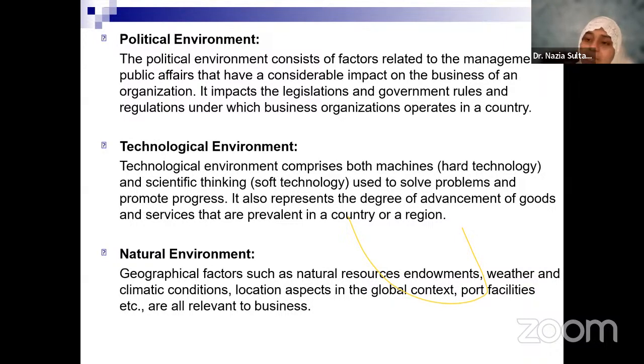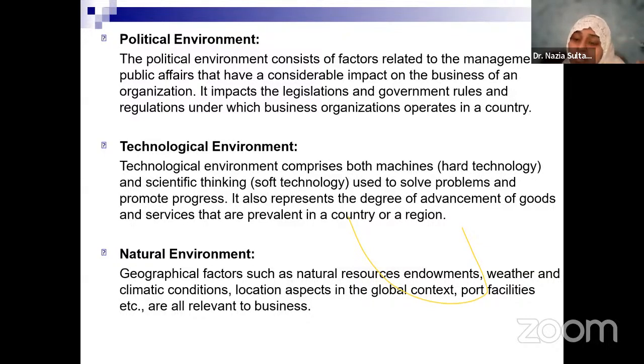So unless businesses embrace the kind of technological improvements which happen, it will become very difficult for them to sell goods and services which are there in the market. So the entire technological environment very rapidly is impacting the way businesses are being done. Earlier shopping used to be an experience, but today shopping is just at a click. Watching a movie used to be an experience earlier. Today, with OTT, you watch all the movies which are there.